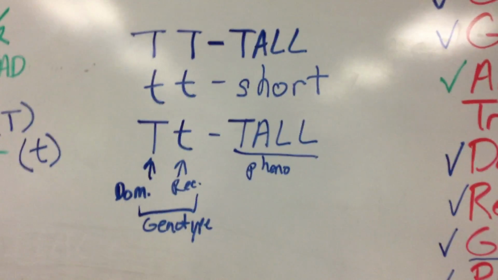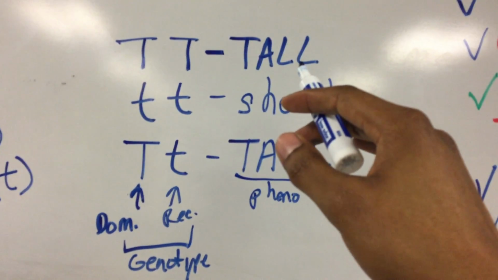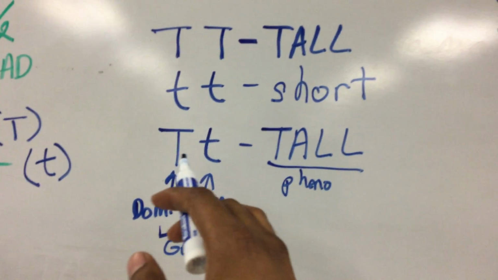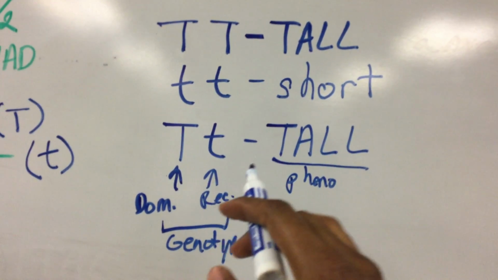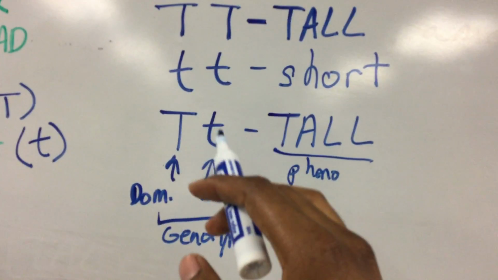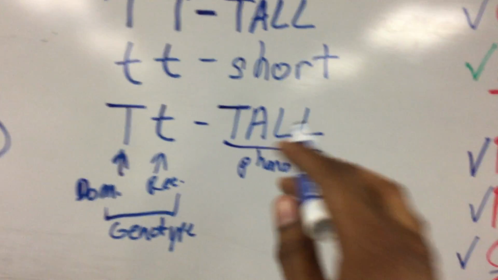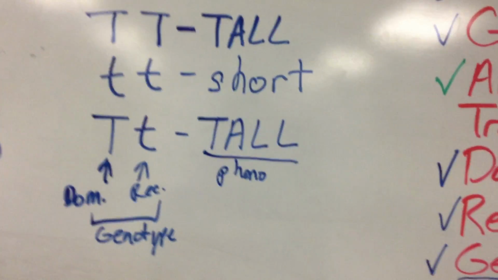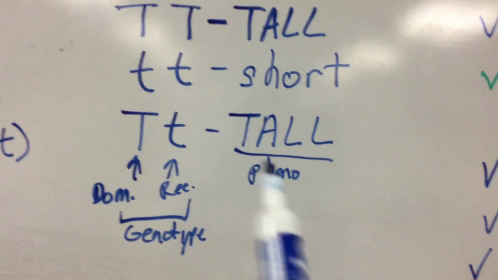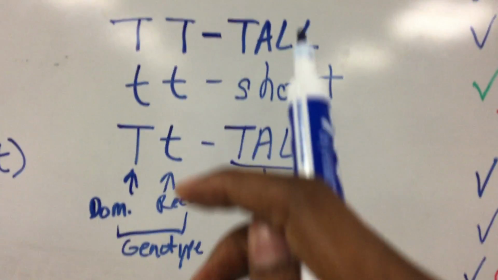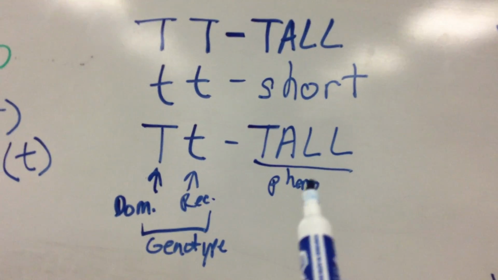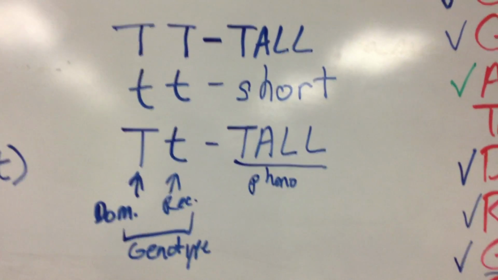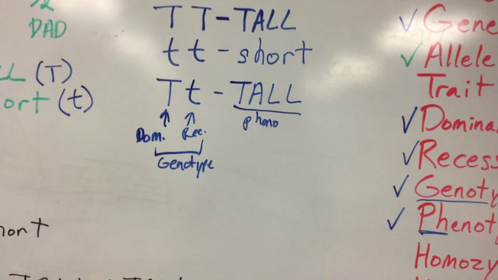So when you look at this, you see that it's possible to have a tall plant that has two tall alleles, and we can have a tall plant that only has one tall allele and one short allele. So if we have a tall plant that has one tall allele and one short allele, we don't know just by looking at the plant, because these plants are both tall and they're the same height of tall. So this plant is not any shorter, it's not medium height, it's just tall, just like this one. They look the exact same. But it could have the recessive allele for short right there too. So having understood that,